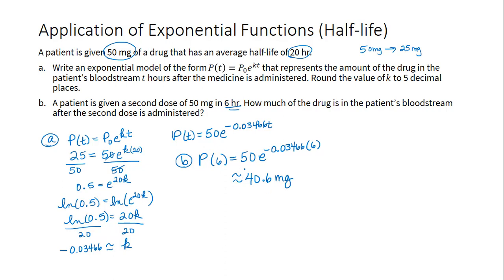So if we had 40.6 remaining from just natural decay, the total in the patient's bloodstream is then the 50 milligrams from that second dose, plus what was remaining, the 40.6 milligrams,